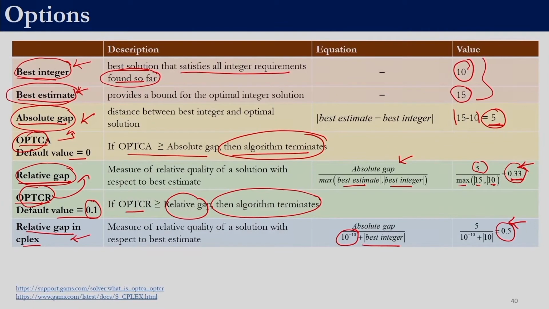Previously we had seen that the absolute gap is very high, right. We should not end our exercise just by determining the objective function value and the decision variables, but we also need to analyze the reason for the termination of the algorithm, right. And if certain settings need to be revised, we need to revise those settings and solve the problem, so that we may get a better solution. Additional details on these settings of opt_ca and opt_cr, with respect to GAMS as well as with respect to the solver, can be obtained from here.